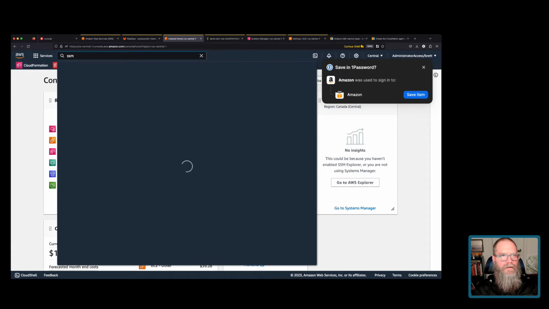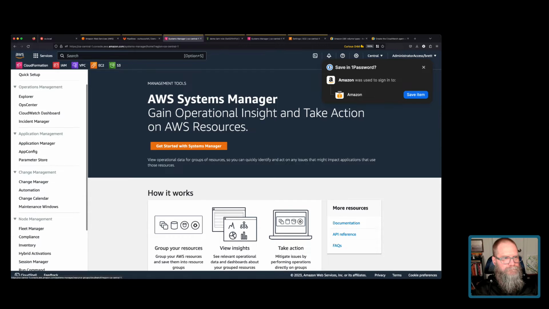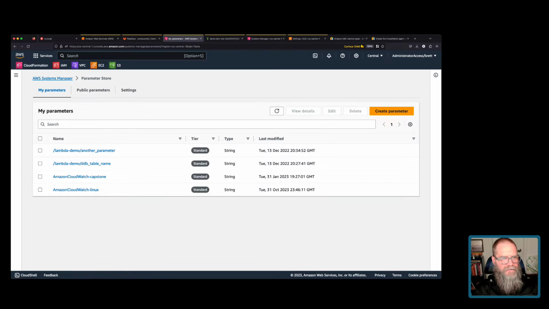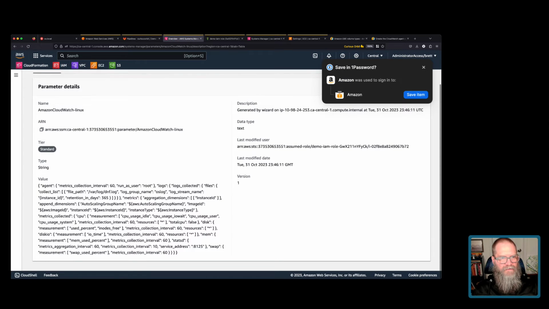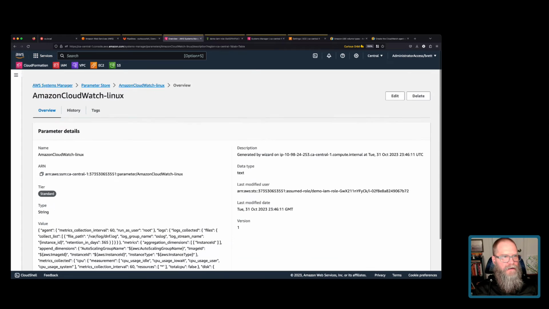if we go to SSM, we go to the parameter store, you can see I've got some demo stuff in here, but this is the new file that we just created. So we took that JSON file from the EC2 instance and dumped it into the SSM parameter store. And now all we need to do is we can go back here